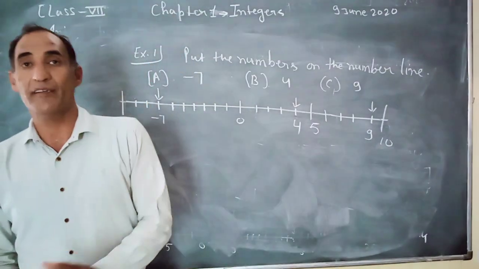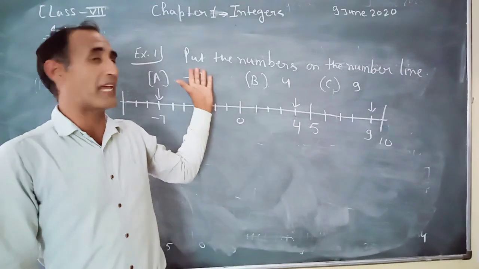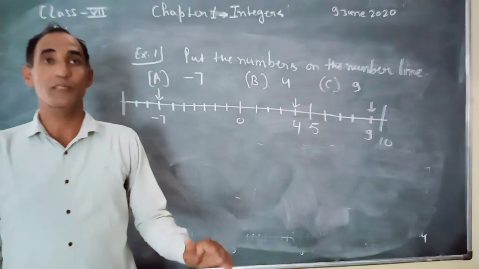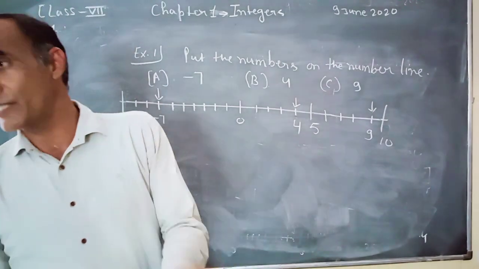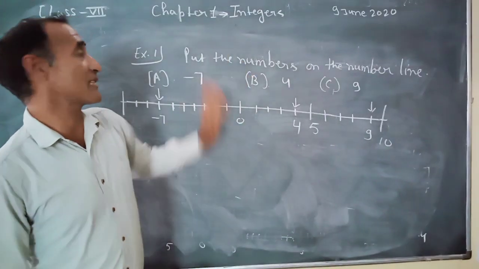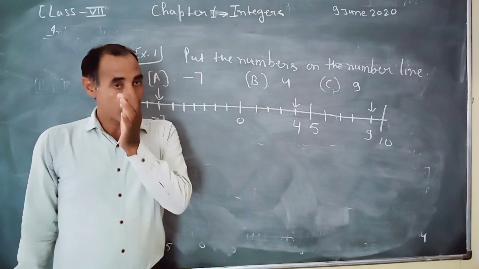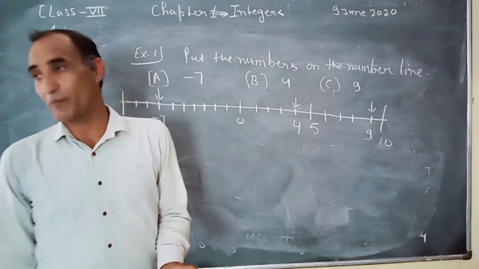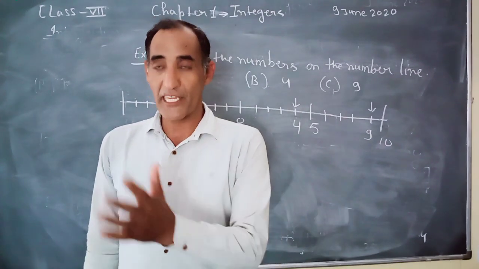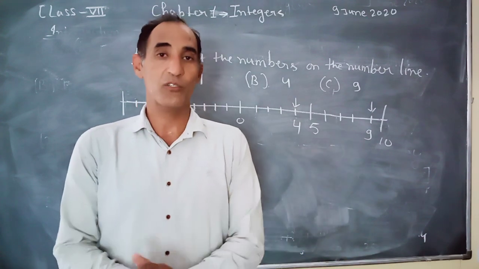So dear students, our exercise 1.1 is complete. All questions are similar to the examples and the given questions. Put the signs. After that I will share the next video. After you revise exercise 1.1, if you have any doubt, convey your message on WhatsApp to ND Ganga School. Exercise 1.1 complete, class 7, chapter 1. Thank you. Have a nice day.